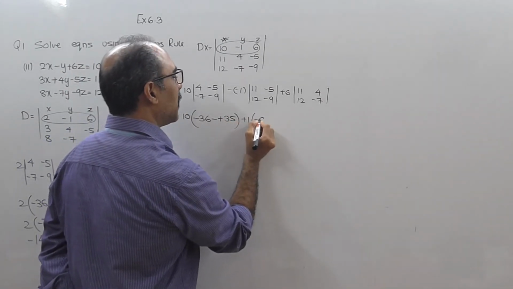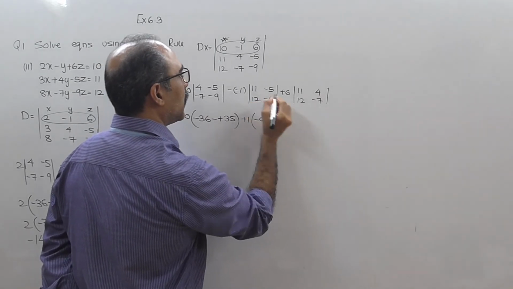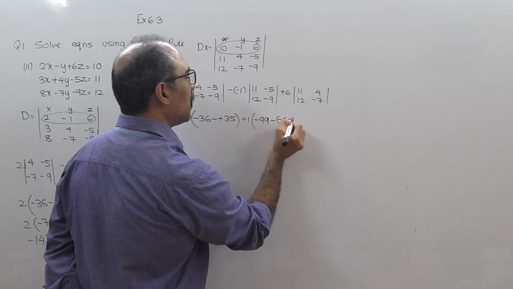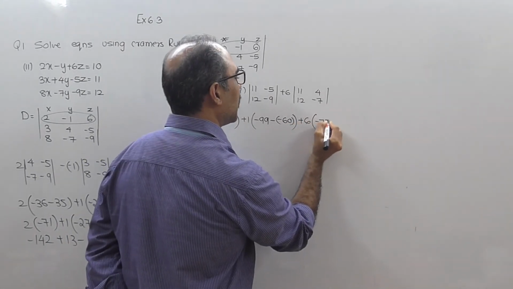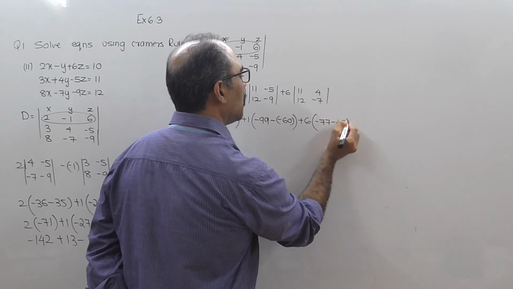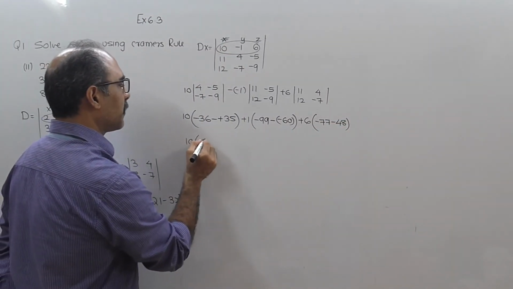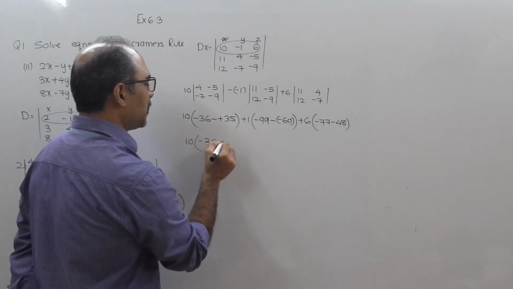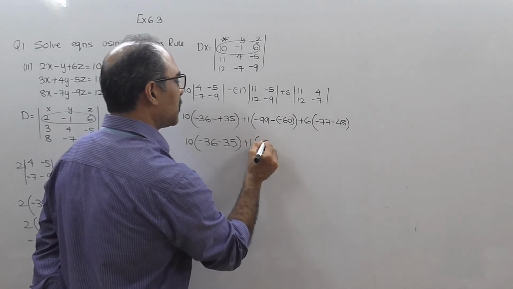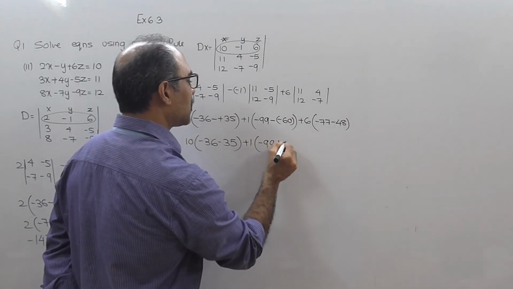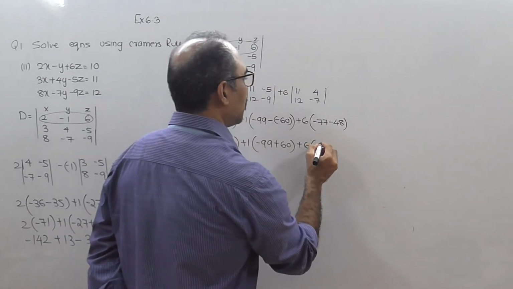I think this is minus 99 minus 12 into minus 5 will give you minus 60 plus 6. I think this is minus 77 minus 48. So this is 10 minus 36. Minus into plus will give you minus 35 plus 1. This is minus 99 plus 60 plus 6